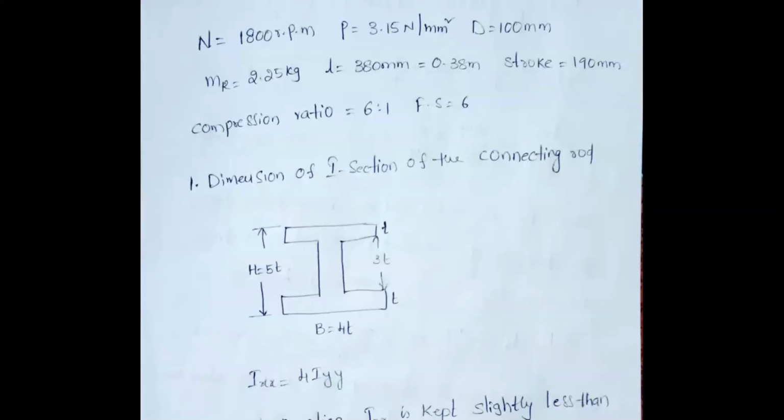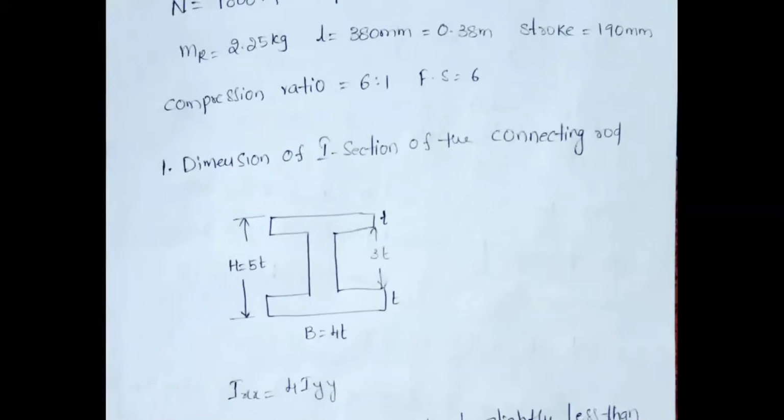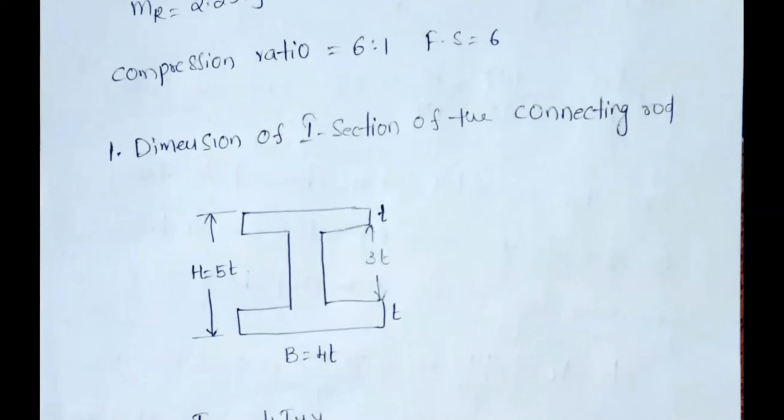Here I provided some standard dimensions. Now please keep those dimensions aside, no problem, because they are already available. The first thing is you have to understand what the first step of the given design procedure of a connecting rod is. Simply, the first step is that you are required to determine the dimensions of a connecting rod.